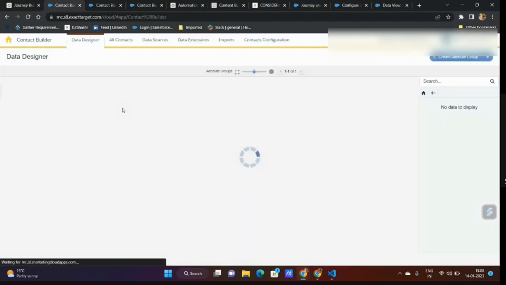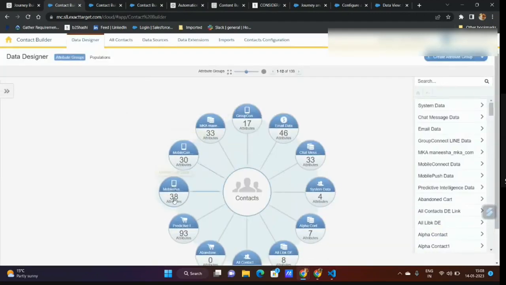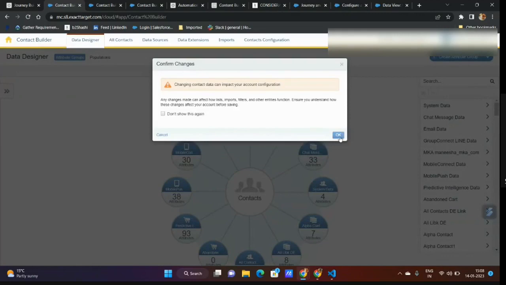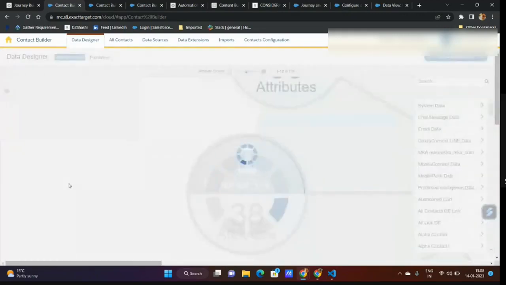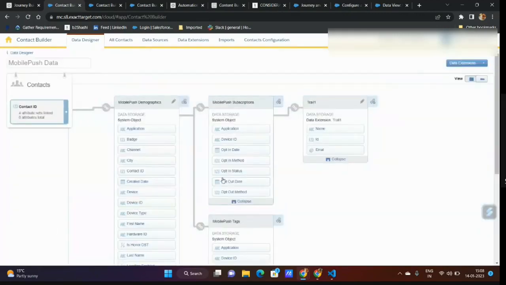So you'll understand how the data modeling is done for different parts. Like let's say mobile push. If you're running for mobile push and you want to build some connection, right? So you see, you have the contact ID. So with the contact ID, what are they doing? Let's see. Yeah. So mobile push demographics. You have a data view called